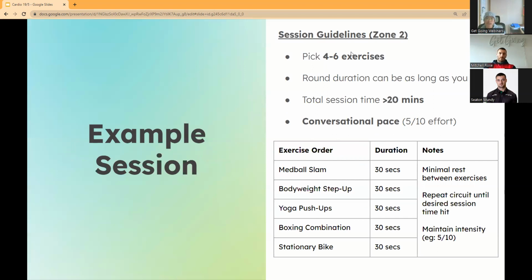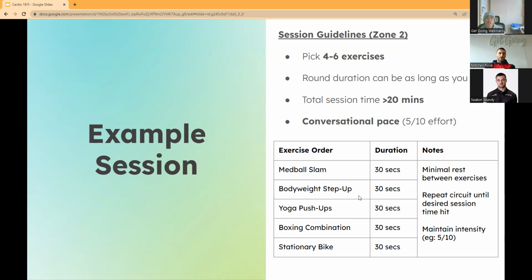Your heart rate will probably be around 130 to 140 beats, all right? And because of this, you don't need much rest in between the exercises, okay? So as you can see here, these exercises go for 30 seconds each, minimal rest between the different stations. You might have like 5 seconds rest to move on to the next station, but there's limited rest after the round's finished, and you keep going until you hit your